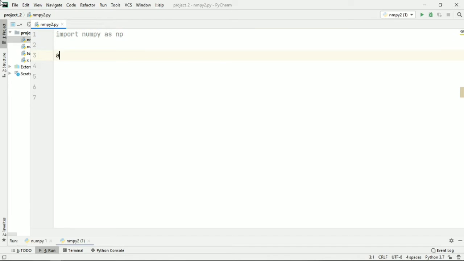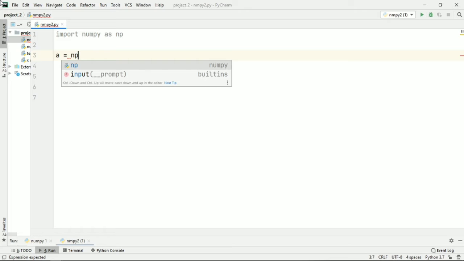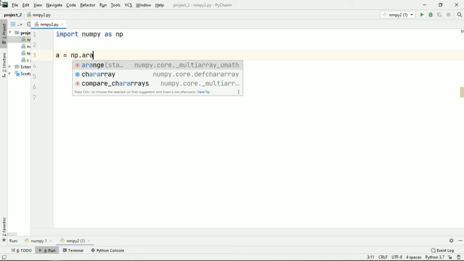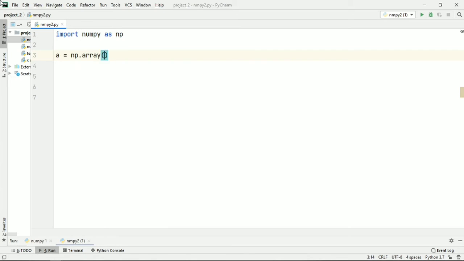Import numpy as np, and let me introduce a new variable, a equals np.array, and now let me introduce a set of values: 1 2 3 4 5. Okay, so now we have an array that has 1 2 3 4 and 5 in our list.